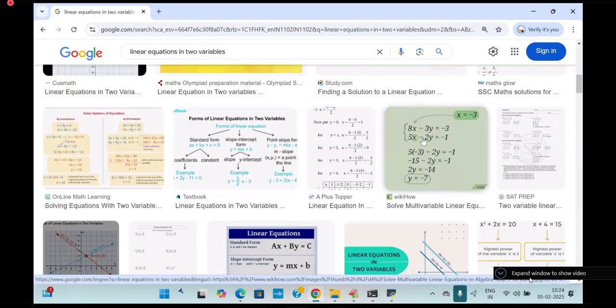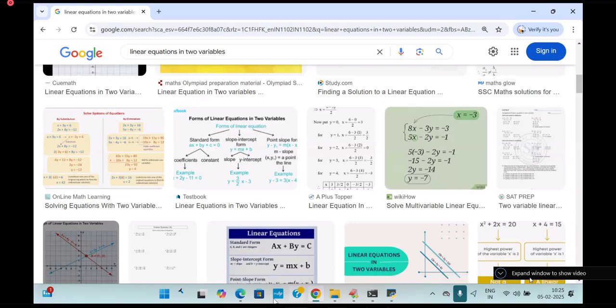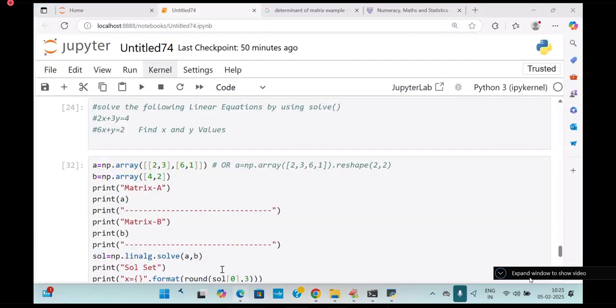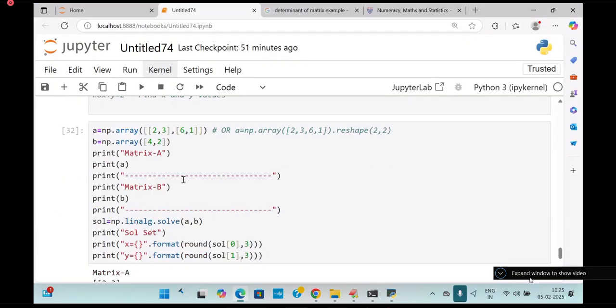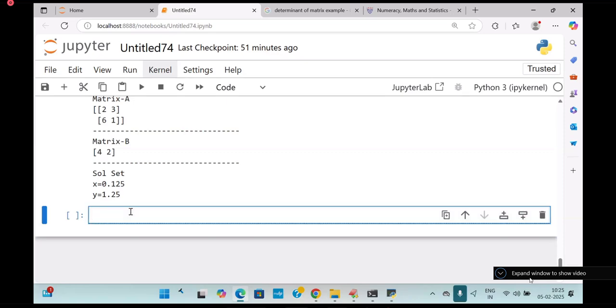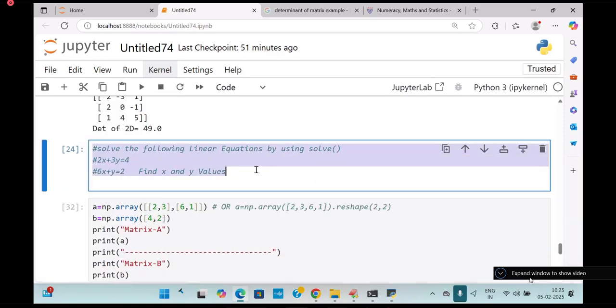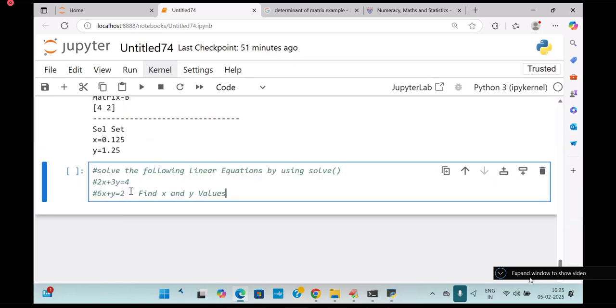So you are having 2 values here. 8x and minus 3y. X value minus 3, y value is what? Minus 7. So how do you represent this figure? So you need to take, remember, 8 minus 3, 5 minus 2. Constant values are minus 3, minus 1. Go to that. 8 minus 3, 5 minus 2. Solve the same thing. What are the equations? You will be getting this type of things. They will give the equation like that. Ask them to write the code. What is that? 8x minus 3y is equal to